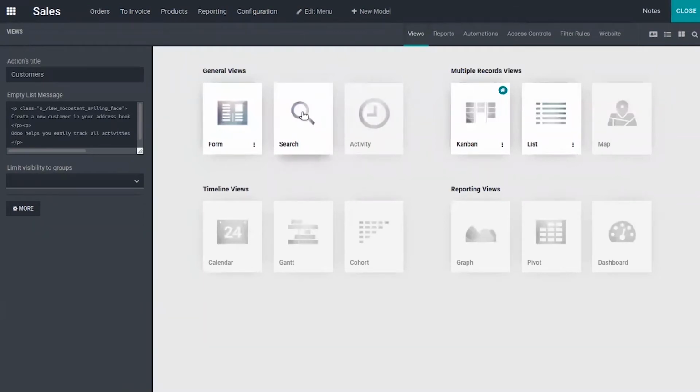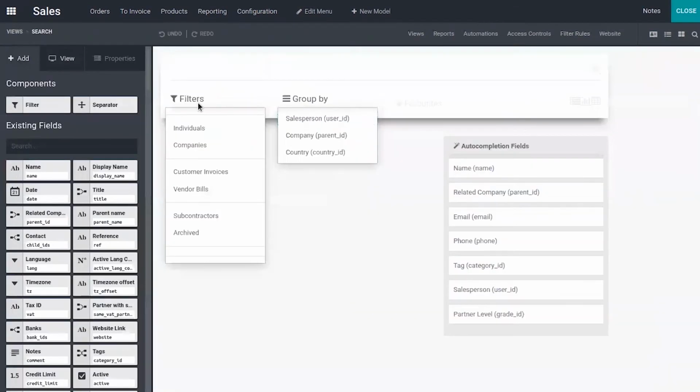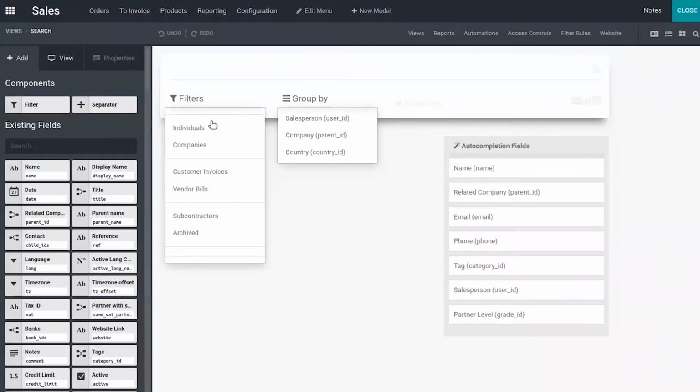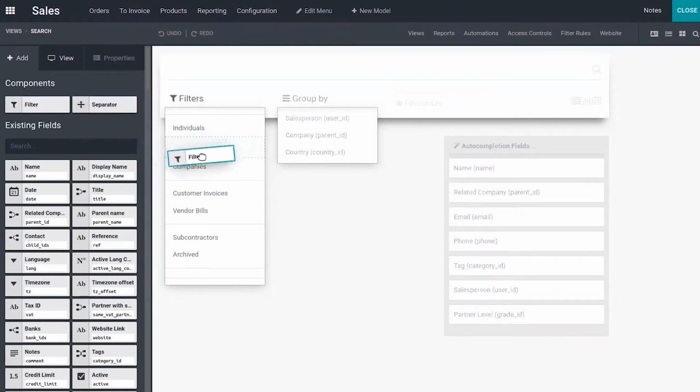When you click on search view, you can view the filters, group by, and the auto completion fields. From here you can add a custom filter. You can also add a custom filter by dragging components. Here we can view the filter component. Just click on that filter and drag it under your.